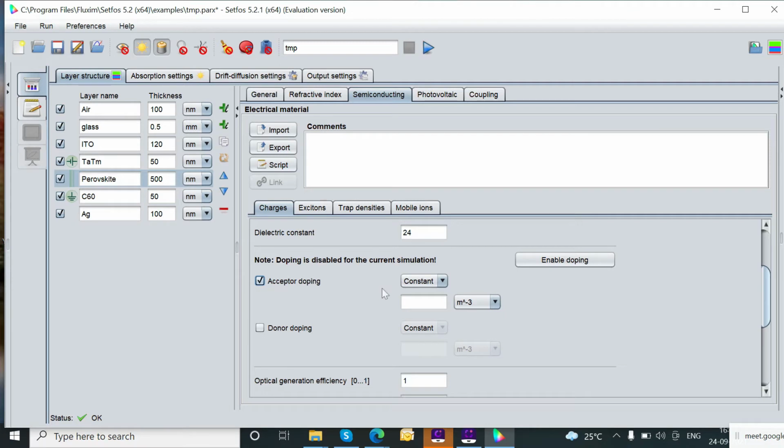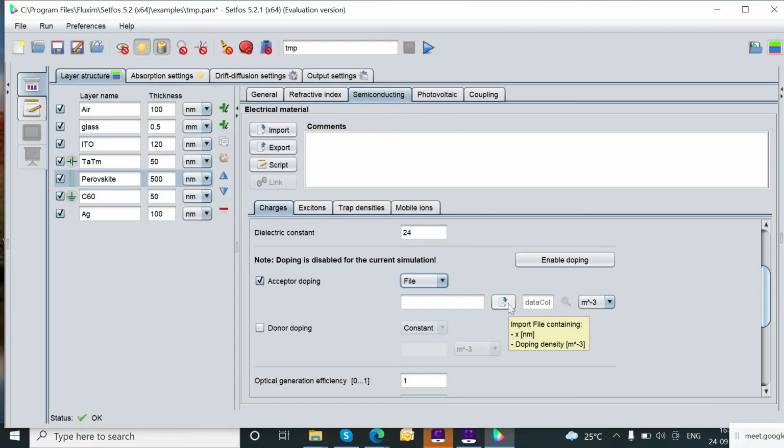Now here we need to define the energy levels, that is the HOMO-LUMO value. Suppose my HOMO value is equal to 5.4, so I can change this parameter, and the LUMO value is suppose 3.9. So I have defined these values in the respective columns. This is N naught, density of states, and this is the dielectric constant, where I can edit and define my own. Here 24 is the dielectric constant.